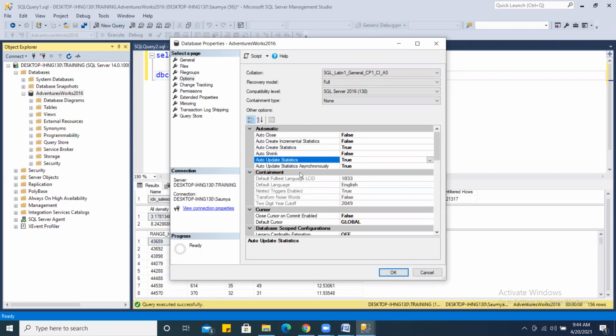Your table is being modified, and say 1 lakh of rows have been modified, or 1.5 lakhs of rows have been modified. Still, your statistics will not be updated automatically, right? Your statistics will be updated automatically only when it crosses the boundary of 2 lakhs of rows, which is 20% of the total number of rows.